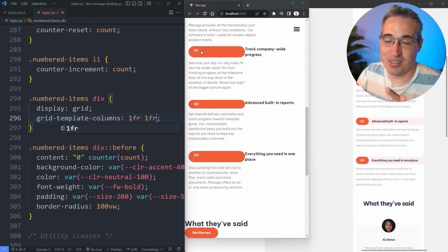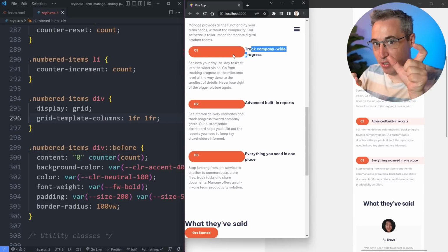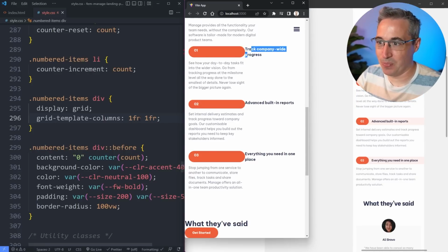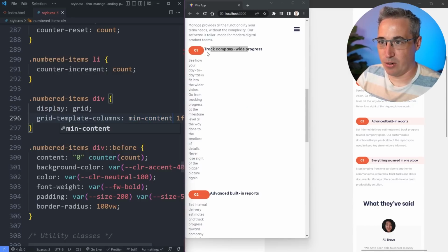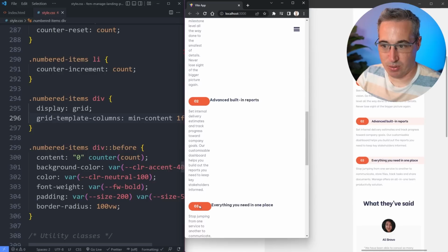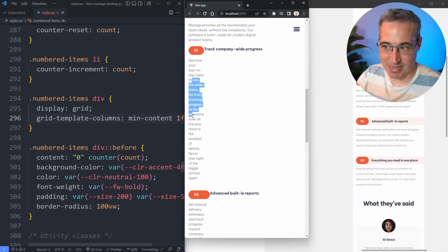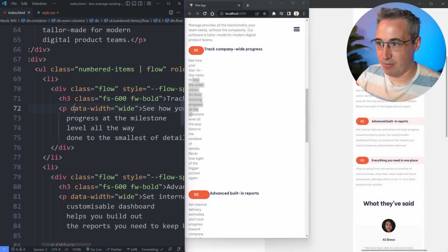Perfect. So now the reason I'm doing this is because I want my number and this to be one column, and then I want this to be on the next one. The reason that I want to do this is, I think it's going to be the easiest way to do this. But what I'm actually going to do is a min-content here. So it's going to shrink and just fit the size of this 01, the 02, the 03. Now it's a bit broken because of the text underneath it. But then that's my paragraph, data width of wide. So this might not actually, I remember putting this in, maybe we won't even need it, but